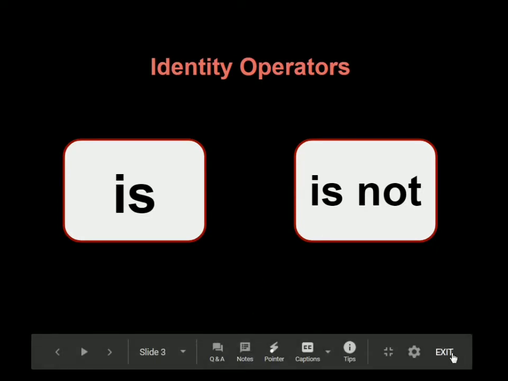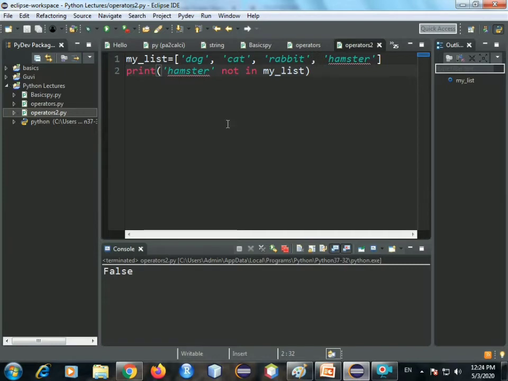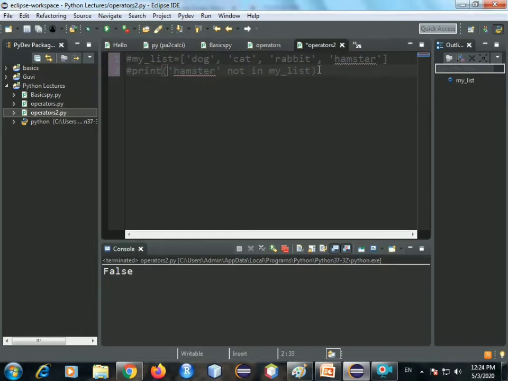Let's practically run it. If there are two operands and they have the same identity, it will return true, otherwise it returns false.